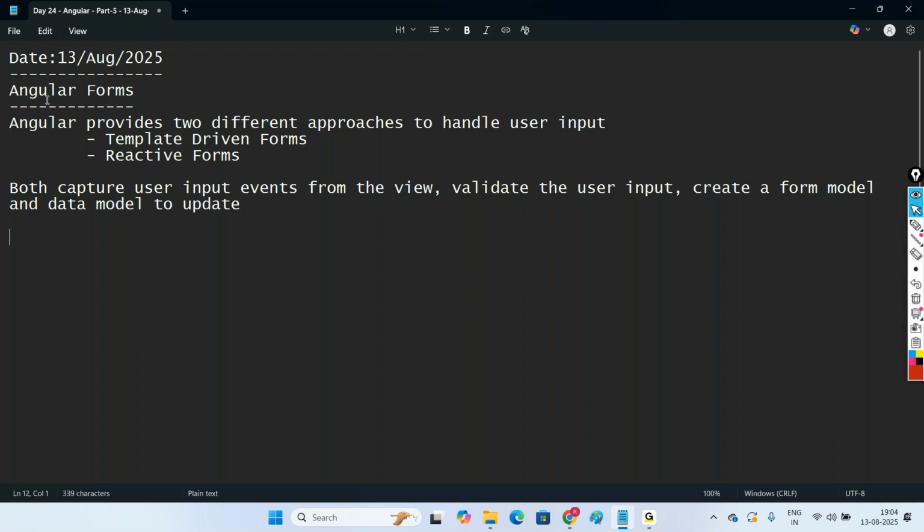We can develop Angular forms in two ways. One is template driven and one more is reactive. Both can handle the user input, validate the user input also, and create the form model and data model. So we'll discuss what is form model and data model. Now, what is the difference here is